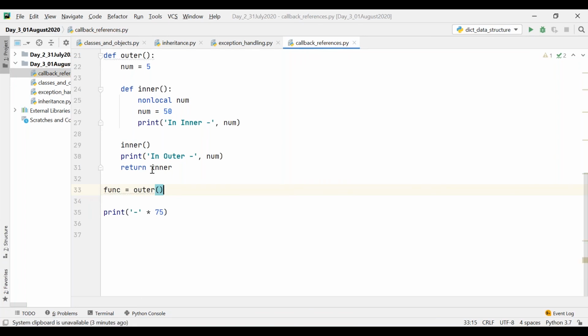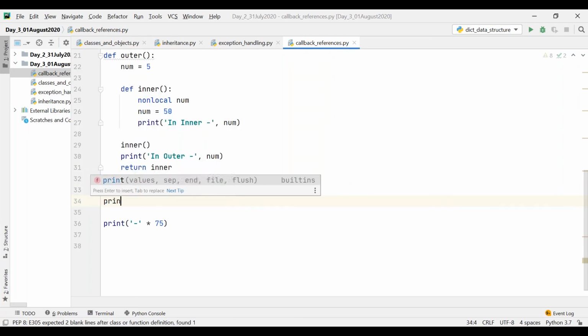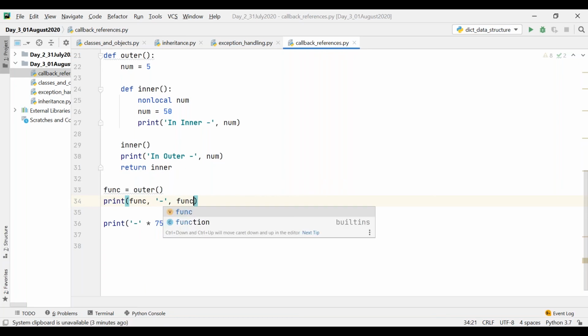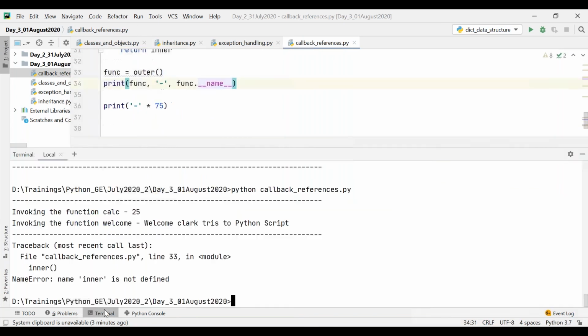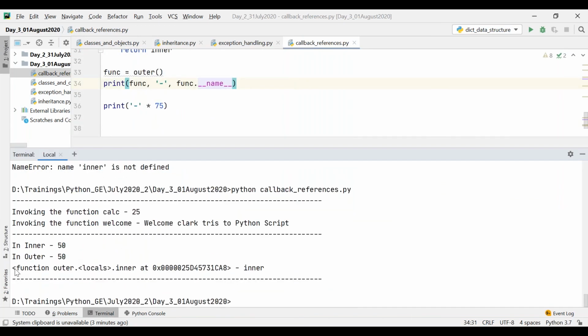So whatever I am returning will be caught in this now, right? Now if I print this function reference, and also function dot __name__, what will happen? I will have the scope of inner outside outer. Look at this.